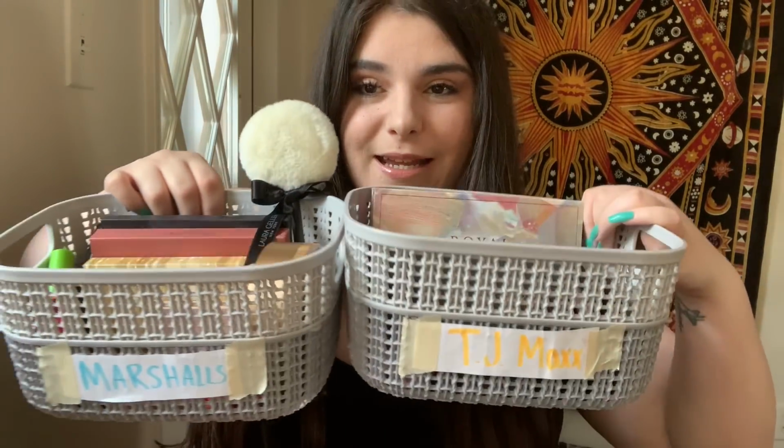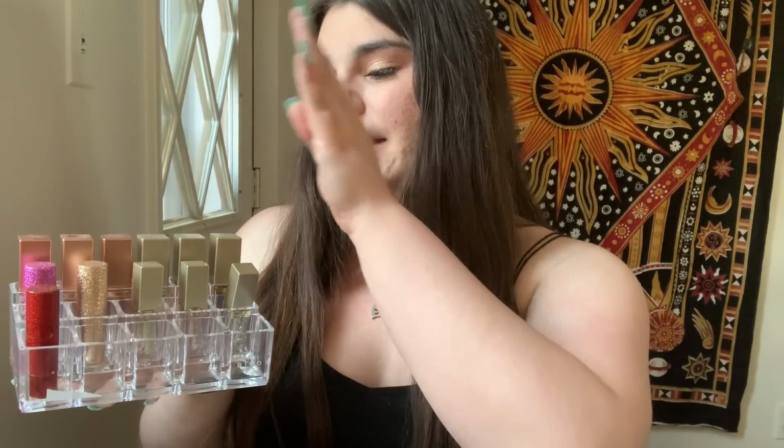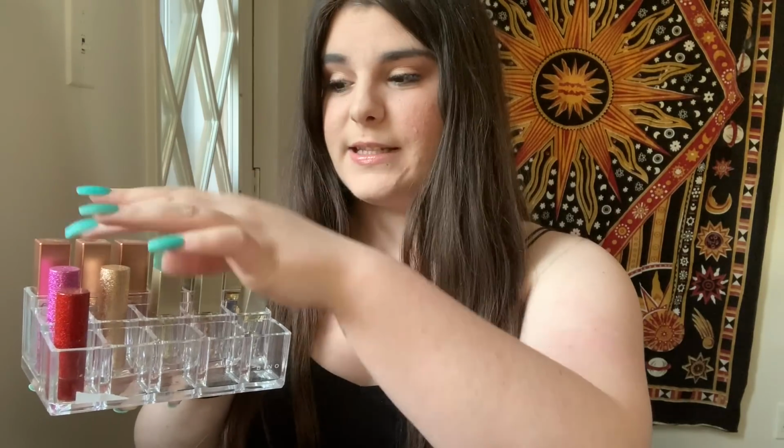Okay, so I have two baskets here filled with stuff, and then I have even more. So let me get them. Let me show you. So this is kind of where I keep all of my purchases. I don't want to wrap it, but they are in there. And I also have this little display thing here filled with the Stila liquid eyeshadows and then the Too Faced